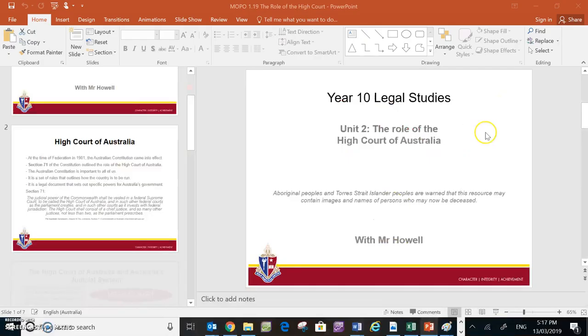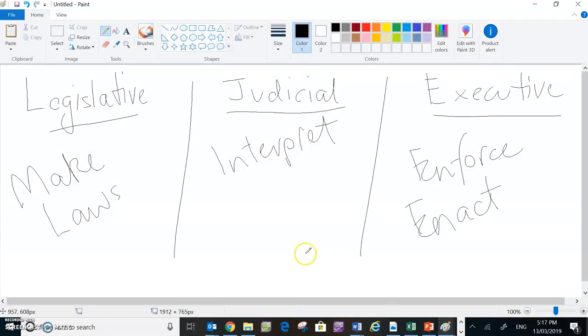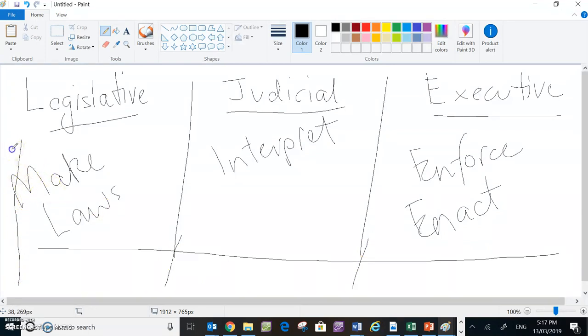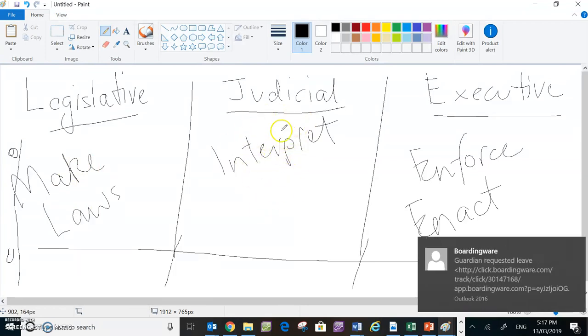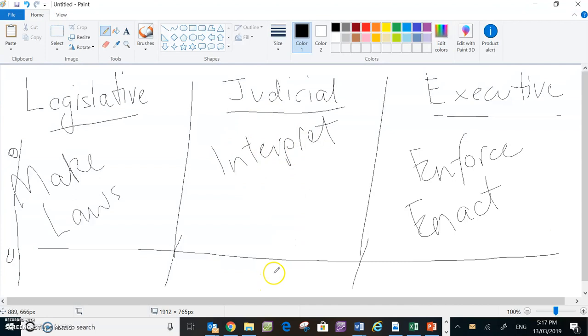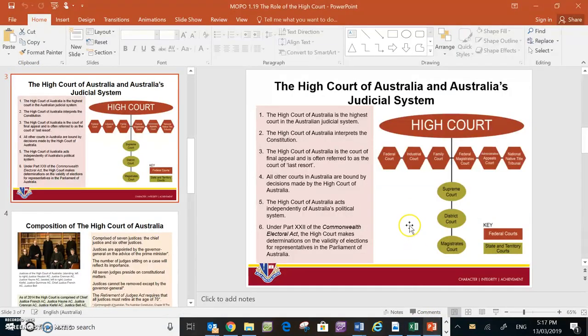So this here is split into federal and state levels. So you have a federal legislative and a state legislative, a federal judicial and a state judicial. So we're talking about the federal judicial here of the High Court. And each of the states have their own Supreme Court. So in Queensland, we go Magistrate, District, Supreme. From there, they can apply to the Court of Appeal, which is in the federal jurisdiction. And then from there, file up